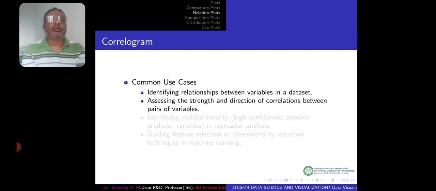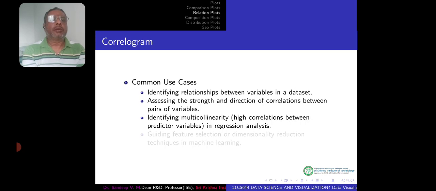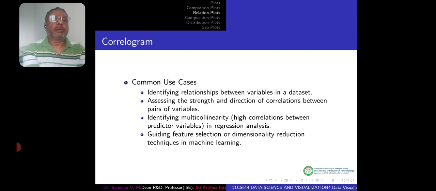It's useful when assessing the strength and direction of correlation between pairs of variables, and to identify multicollinearity or high correlation between predictor variables in regression analysis, guiding feature selection or dimensionality reduction techniques in machine